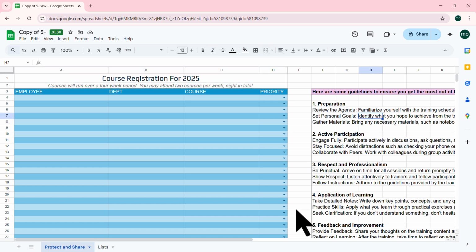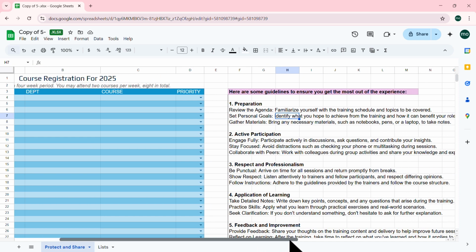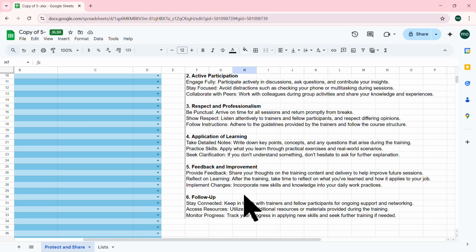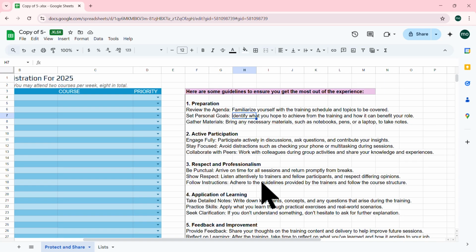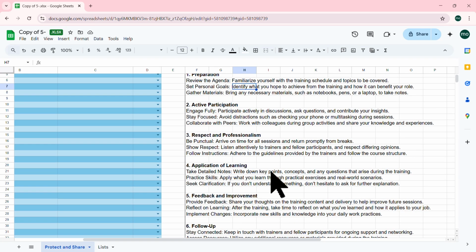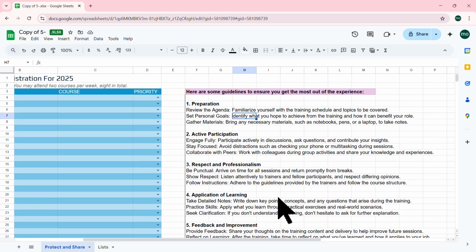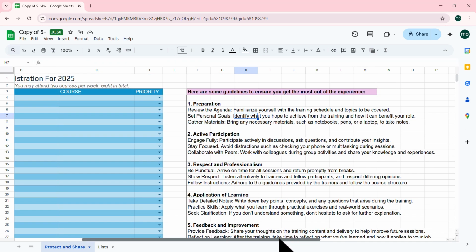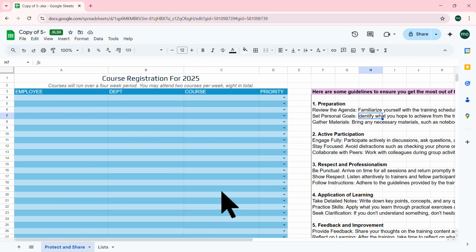Over on the right, we just have some guidelines in terms of how to make the most out of your experience. 6 quick steps here, from preparation, active participation, all the way down to following up. So we want to improve the experience for our attendees who are going to be signing up for these courses. So they need to simply